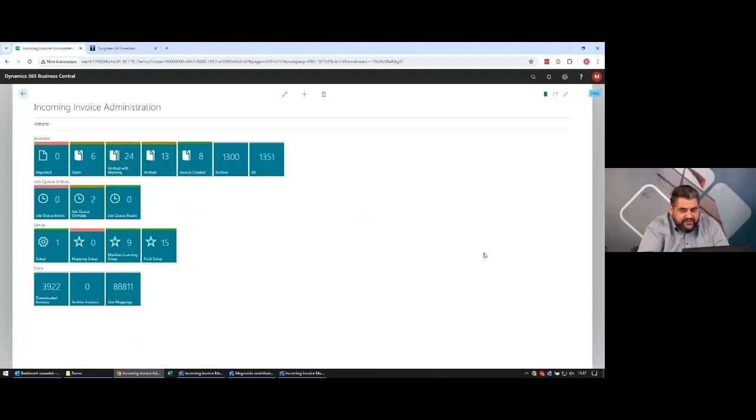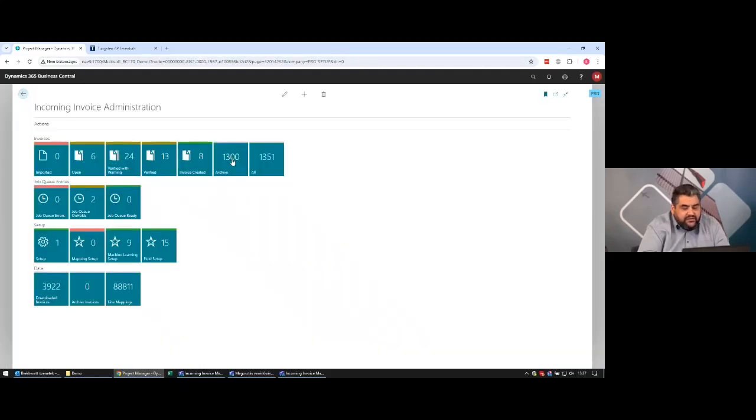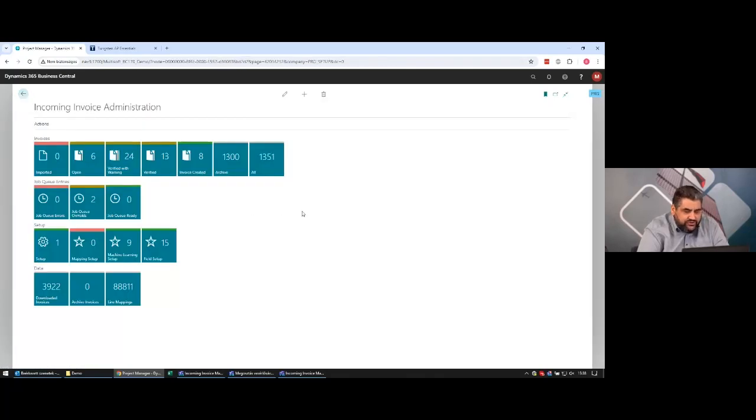After we have posted the invoice, the invoice will be archived, we'll get an archive status, but we still can check these archived invoices under this tile. And sometimes it happens that we don't want to post an invoice. So we got an invoice, but we don't want to post it because we send it back to our supplier. In that case, we can manually archive an invoice with the archive button. So instead of posting we can just archive the invoice manually, or we have another option, that the unposted invoices will be archived automatically after a predefined